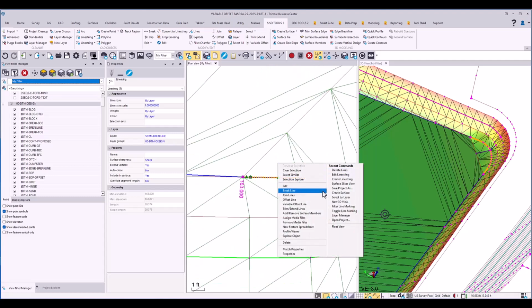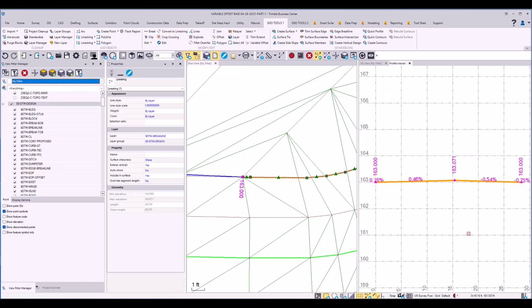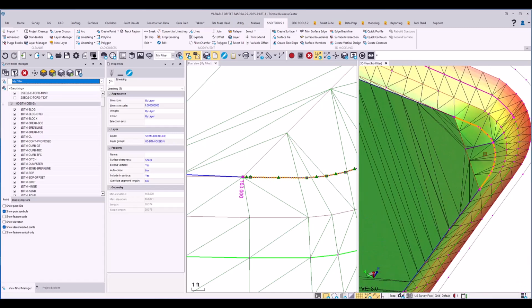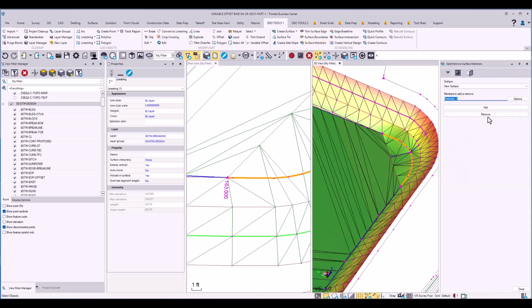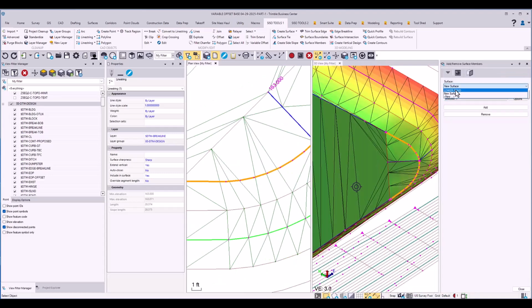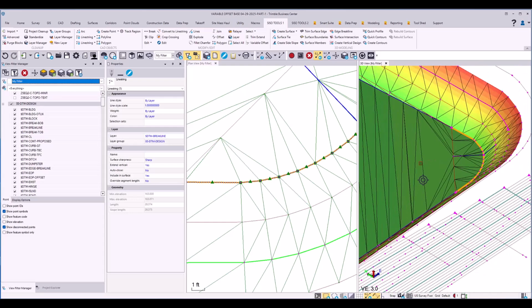And if I look at the profile view, you can see it's going up at like 0.4 and down at 0.54. I think we are good at this point. So now we can see it in there, and if I add that guy to the surface, I added it to the wrong surface. The new surface, I need to add it to the lower. There we go. Now we got the correct